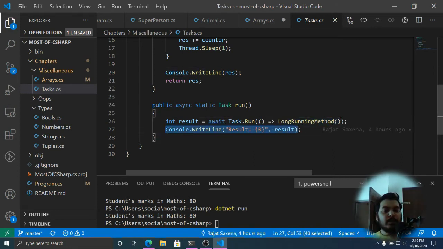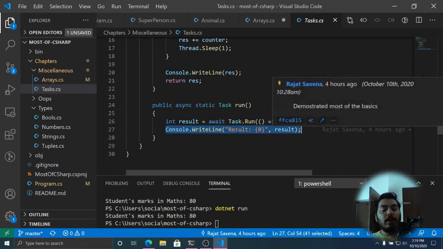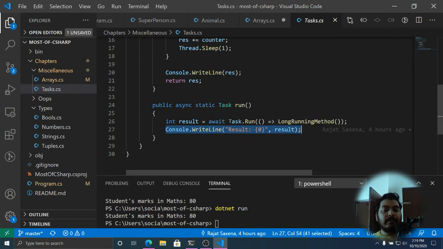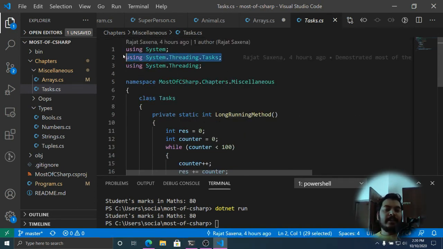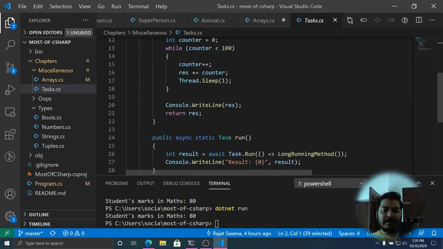Do not execute this line when this is not ready. It will not proceed to this line; it will be stuck on this line until the output is ready. So await Task.Run, and Task is located under this particular module or package or namespace, whatever you want to call it. The syntax is, this is the lambda function and this is our long running function.